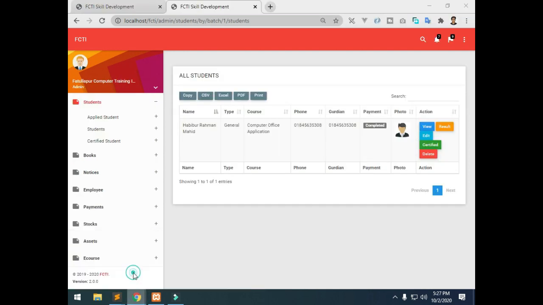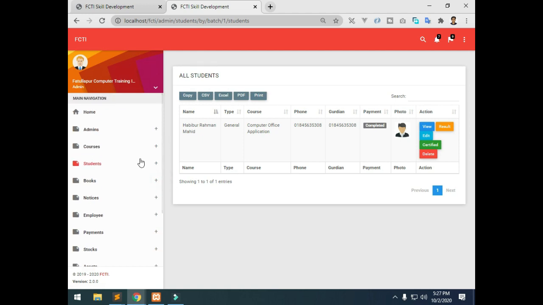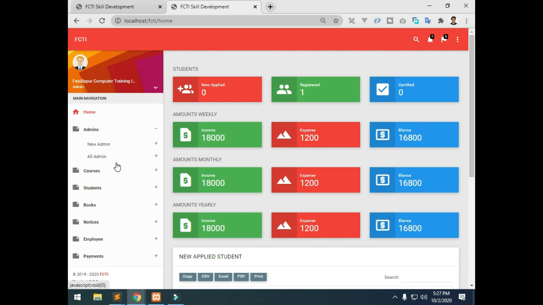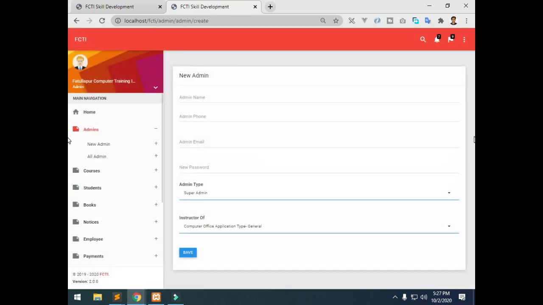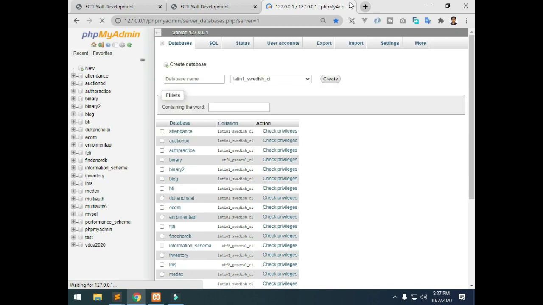So let's go to take attendance from our student panel. I am going to the attendance option. So I have to log in as a teacher. If I want to take attendance, I have to log in as a teacher. So I have forgotten my password.